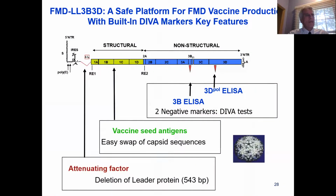So very quickly, what you see here is the sequence or the genome of the FMD virus. And what Elizabeth Reeder and her team did was essentially take the backbone of an FMD virus, the 824, a vaccine virus that was already adapted to the cell line that's used to produce FMD vaccine. And Elizabeth deleted the leader sequence, which is involved with evading some of the interferon pathways,